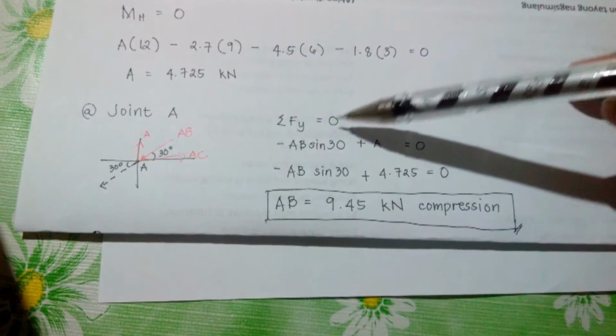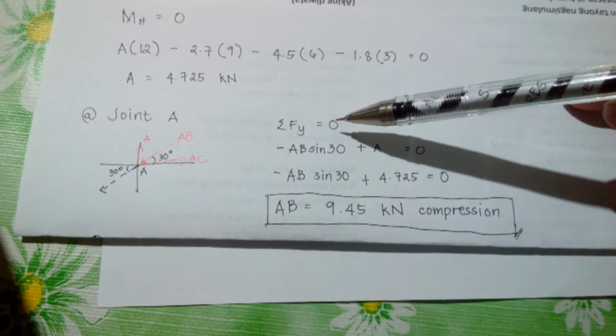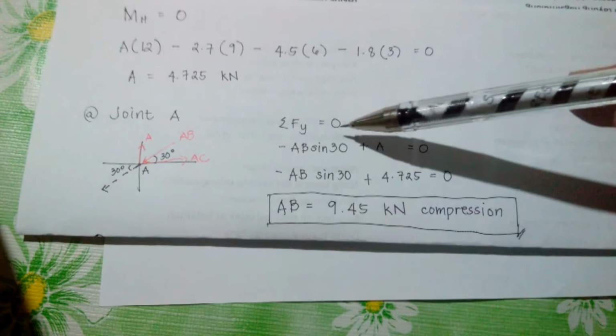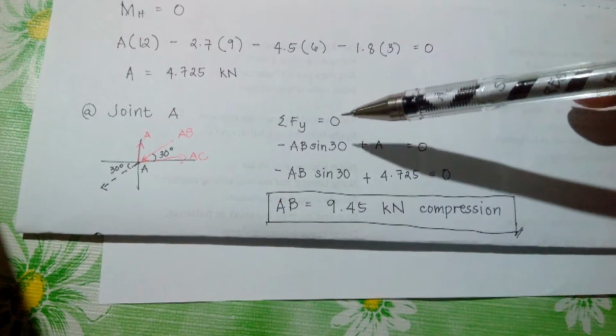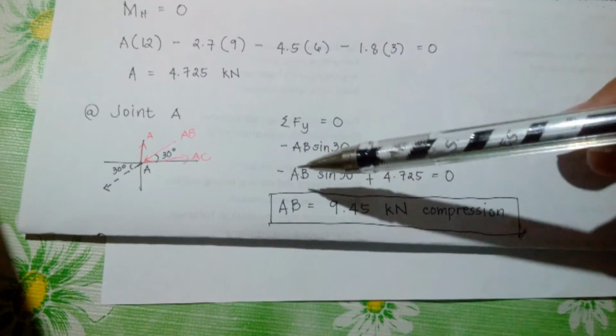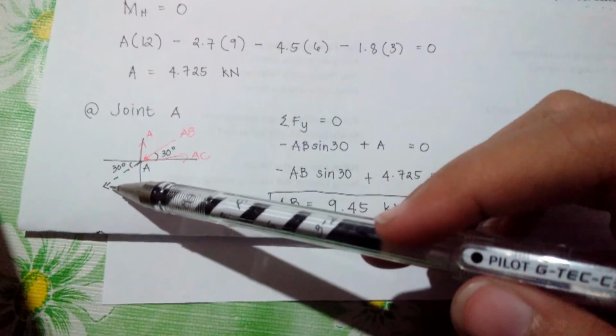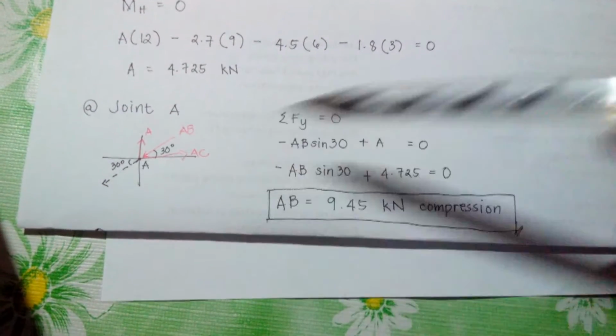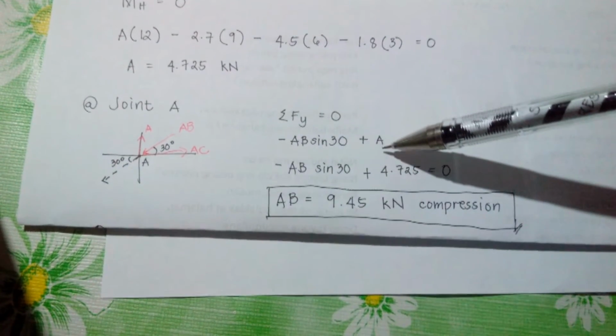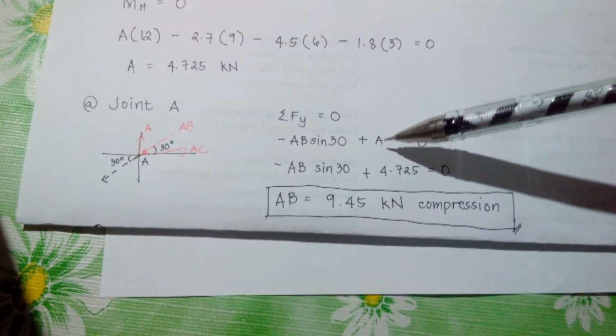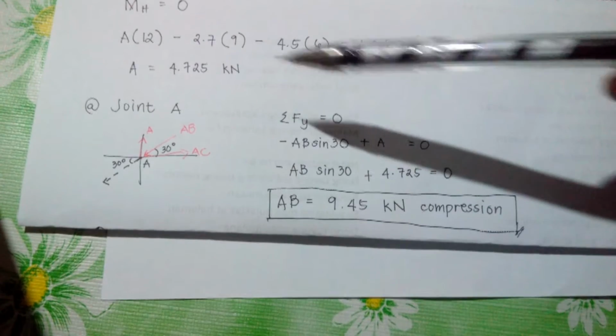So let's just take the summation of the forces along Y equal to 0 since it is in equilibrium. So negative AB sine 30, AB is extended into the third quadrant,